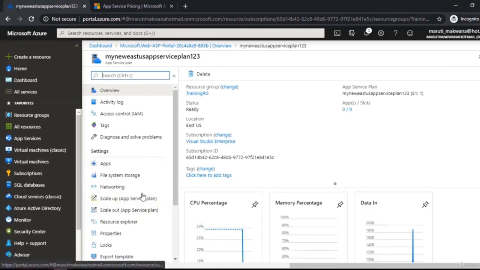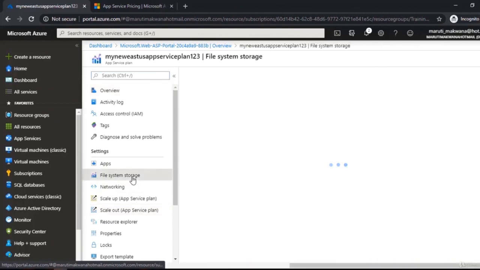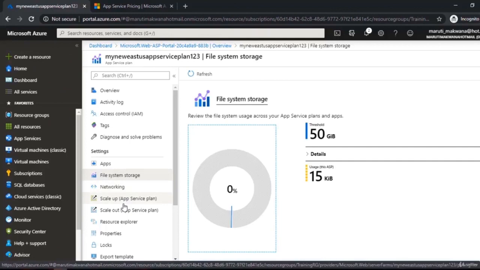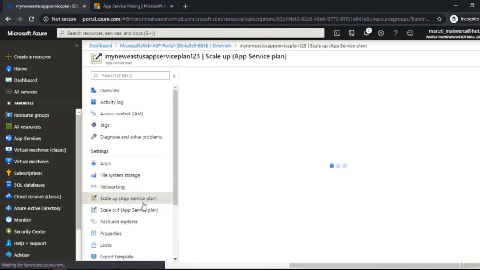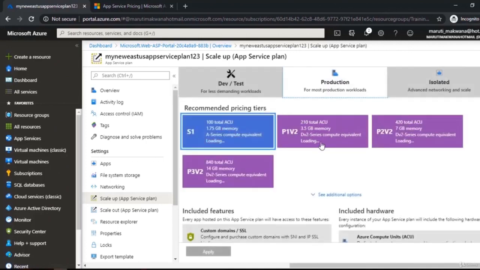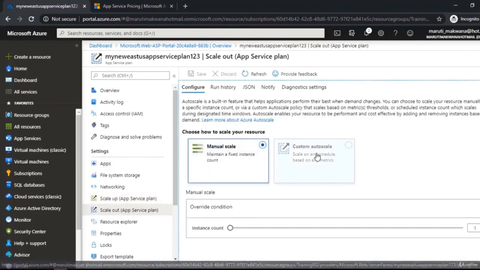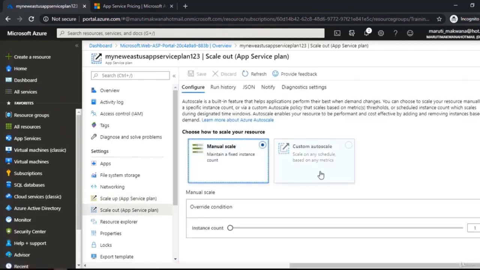On the left side, we have sections which are associated with the file system storage associated with this app service plan. I can go with scale up, which allows me to change the size of my app service plan, which is ultimately vertical scaling, or I can go with scale out, which allows me to do horizontal scaling. Like our virtual machine scale set, we have seen the custom autoscale and manual scale